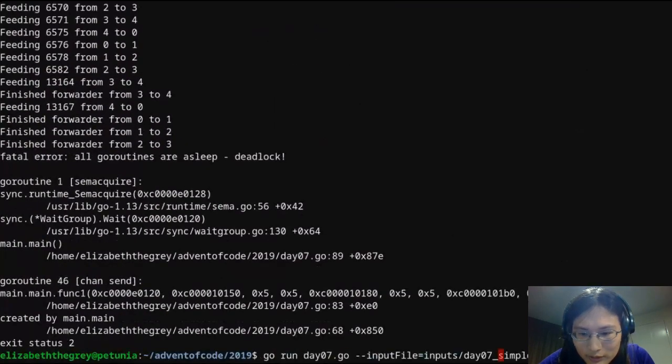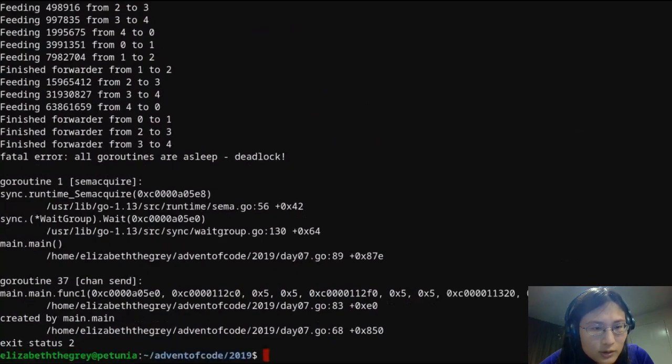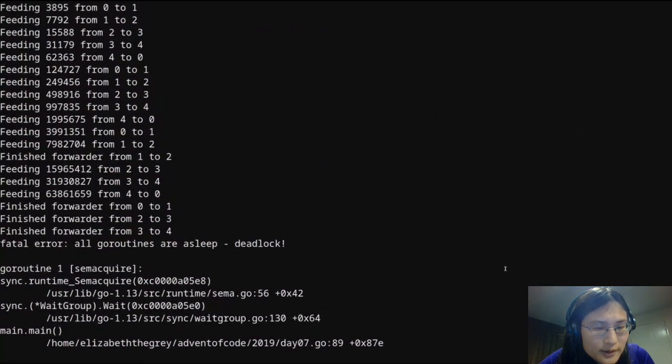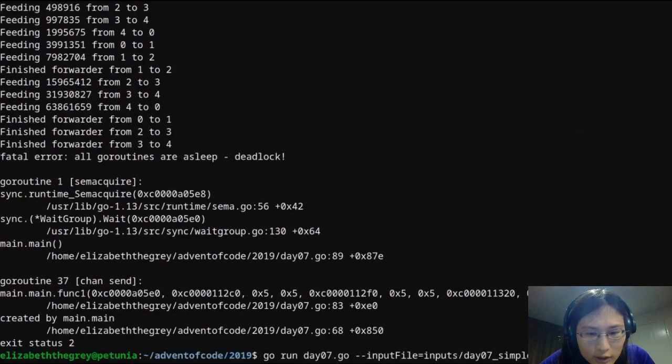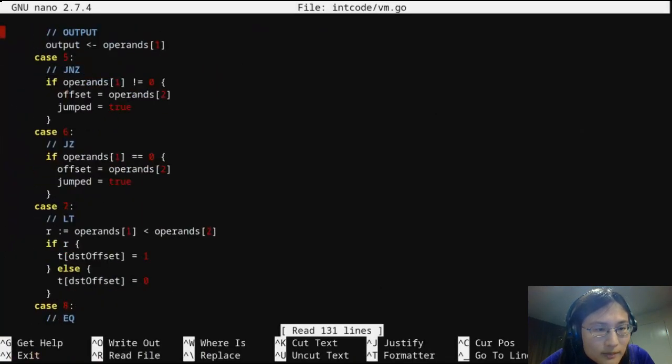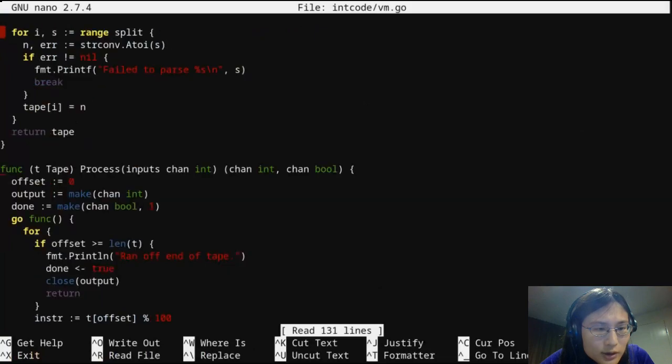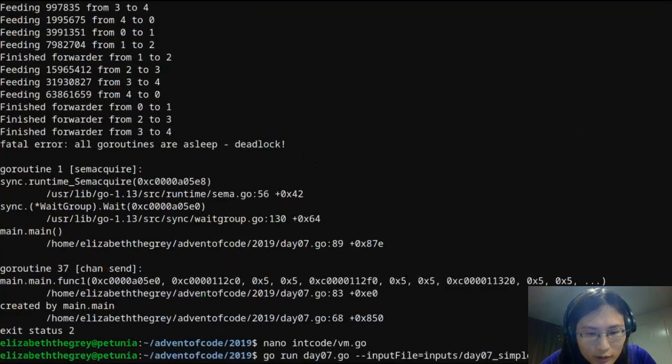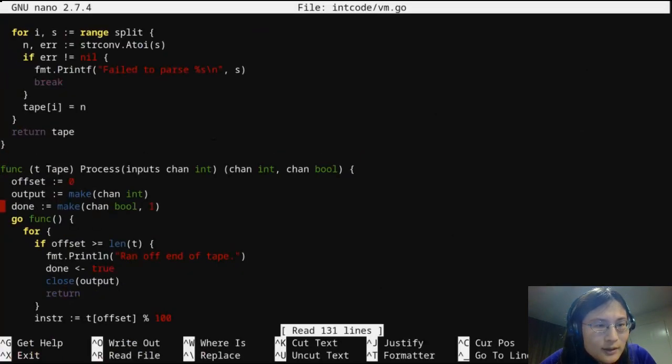Out of curiosity, what happens if I run this? No, that is not happy. Yep, feeding from 4 to 0, but 0 didn't finish already. Okay. How do I avoid that situation? I really don't want to shove more buffer on this, but I will if that's what it literally takes.